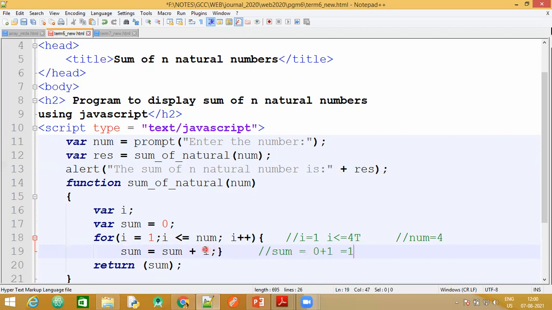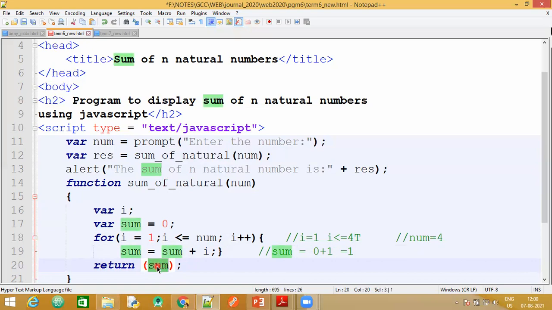So like this, the loop goes on incrementing until we reach a condition where i less than or equal to 4 becomes false. At that point, the loop stops executing. Then the return statement here has the actual result, that is the sum of the first 4 natural numbers.